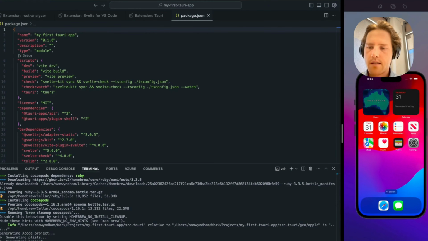Okay, and it's done successfully now. Make cool apps. I will. I will indeed. So now I'm hoping that if we run this dev command, it's going to just install it